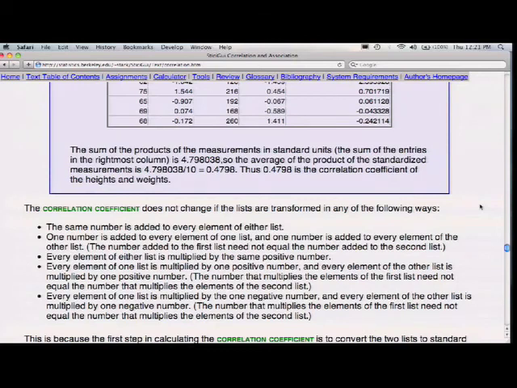You will not be expected to reproduce this. But the point is that if you take a list and convert it to standard units, the mean of the new list is 0. You can take my word for it that the standard deviation of the new list is 1, or you can work it out for yourself, or you can look at the footnotes because it's probably buried in there somewhere as well. All right, so because the